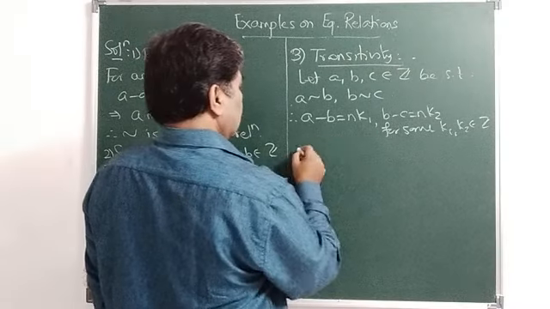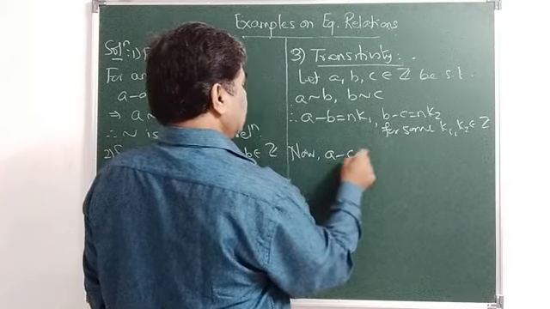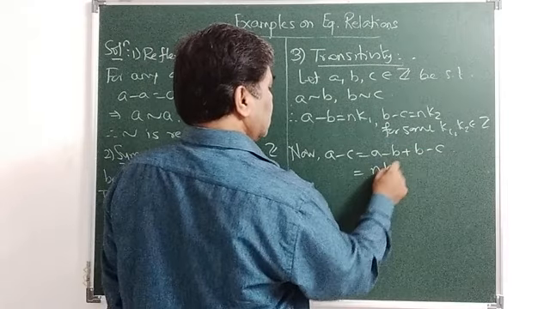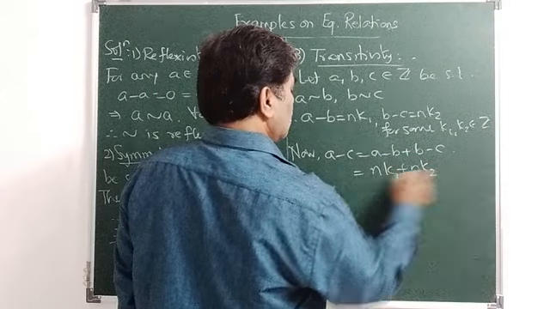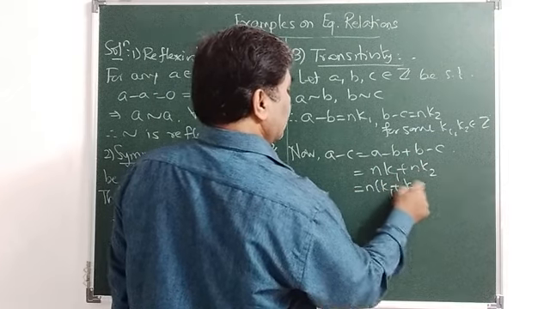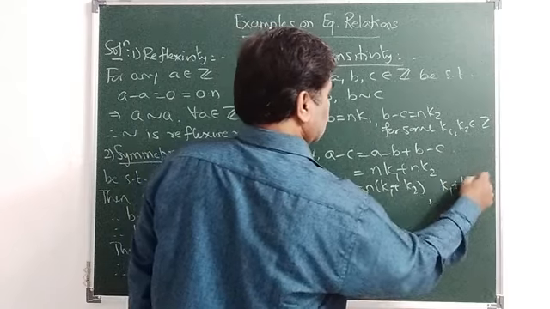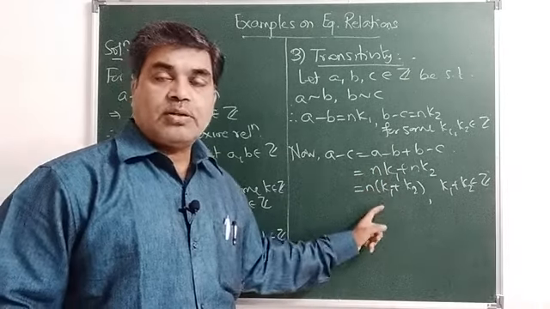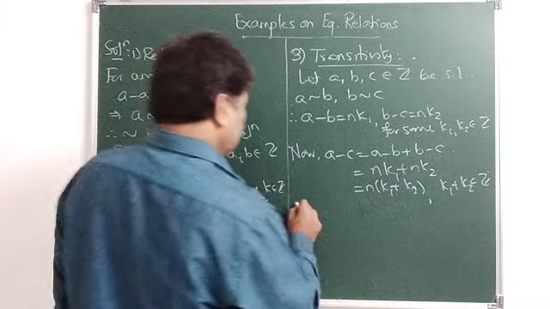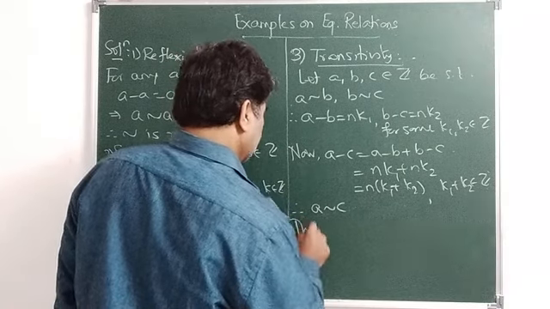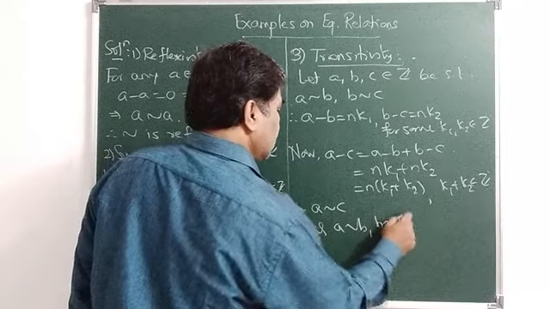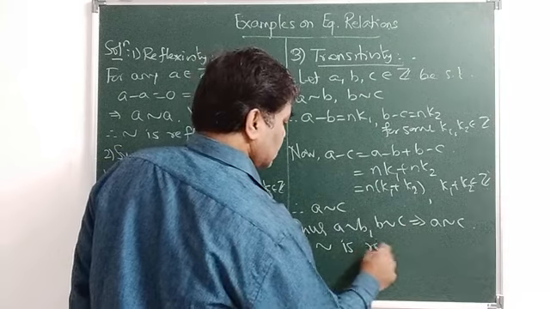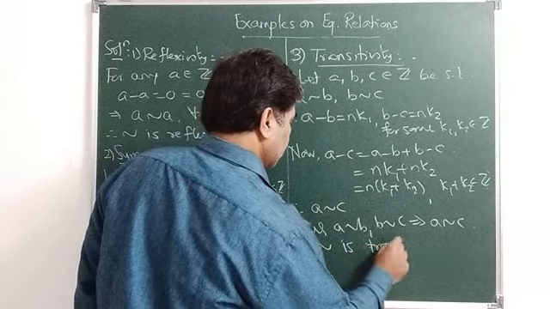Now a minus c, I can write as a minus b plus b minus c. But a minus b is the same as nk1 and b minus c is nk2. So this is nothing but n into (k1 plus k2), where k1 plus k2 is also an integer. So this implies a minus c is a multiple of n because it is an integral multiple of n, and therefore a is related to c. Thus a related to b, b related to c implies a is related to c. And therefore this relation is a transitive relation